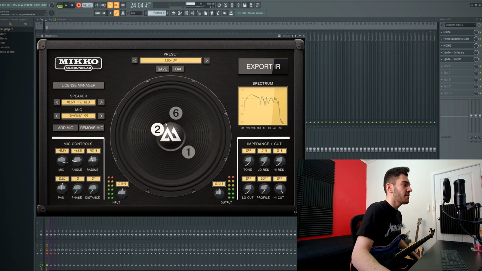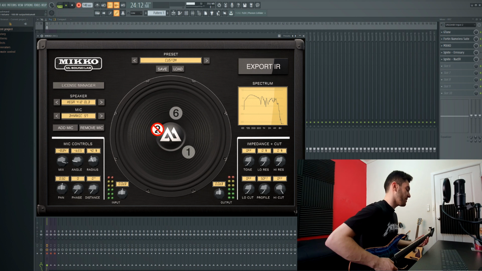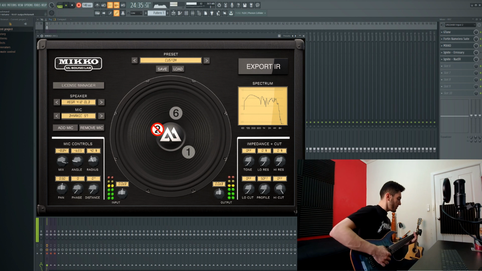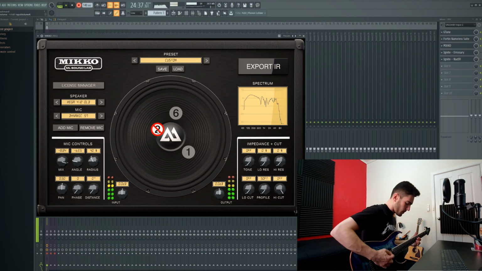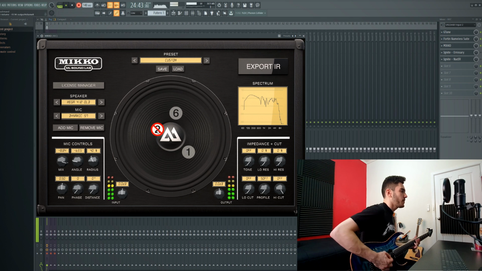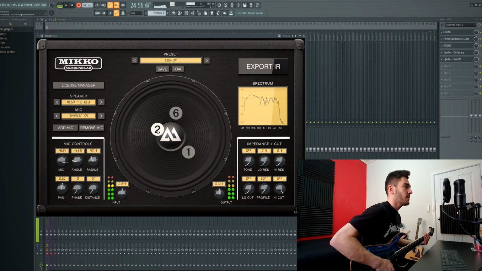So now what I'm going to do is I'm going to disable this 57 just so you guys can hear the difference between what it was like before we added it and after. So before we added the new 57, this is what it sounded like. With the new 57,